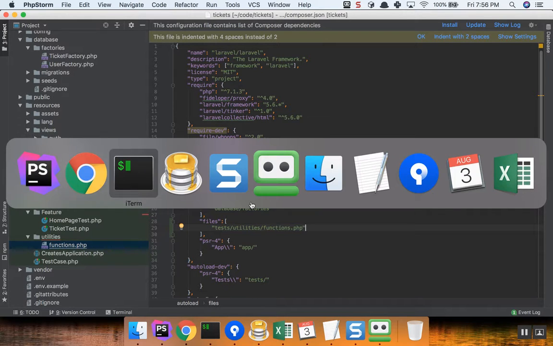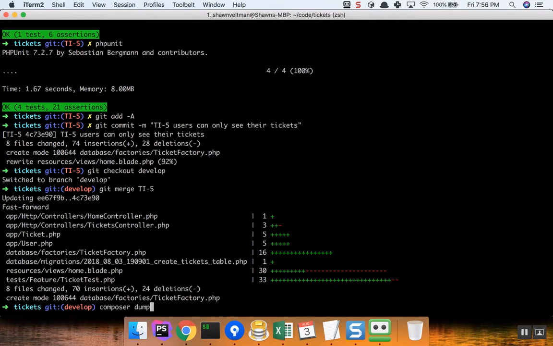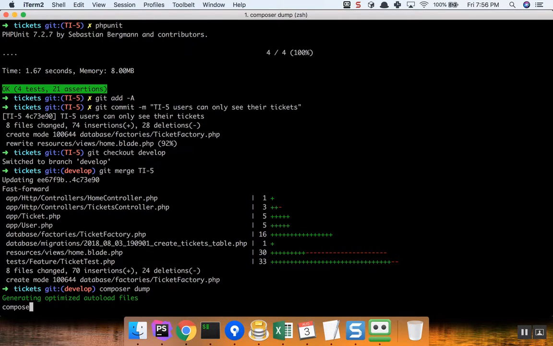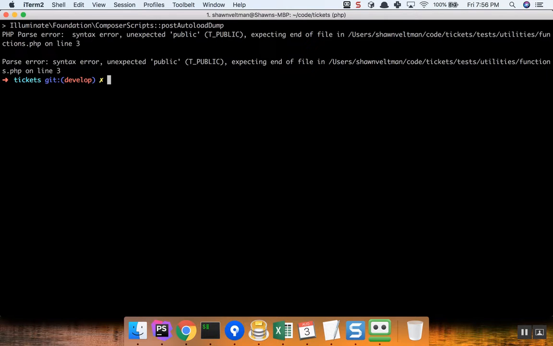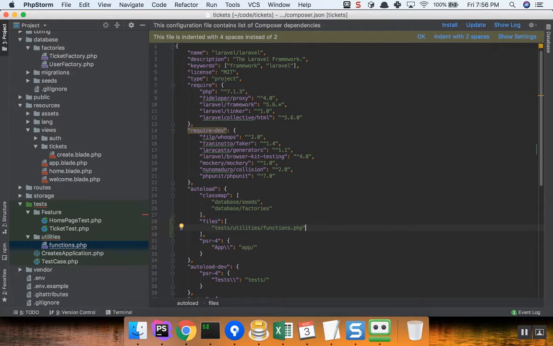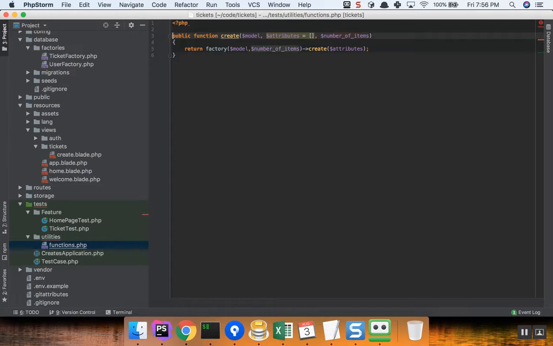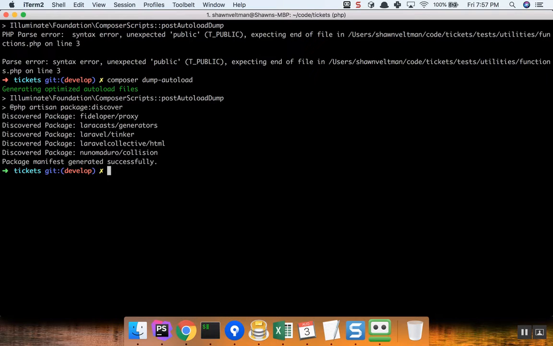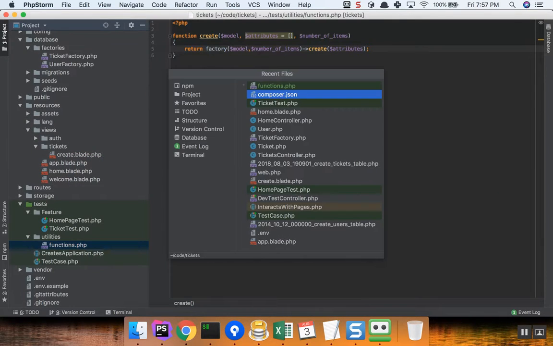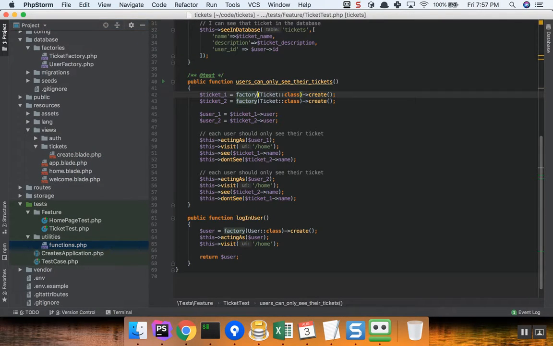Okay, so now we're going to do a composer dump. Oops, composer dump-autoload. And it doesn't like the public in here. Okay, so we're just going to, there we go, function. Okay, perfect. So now if I come back into my ticket test, I should be able to